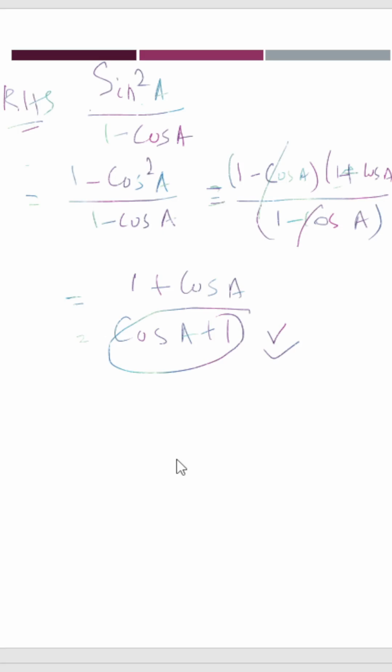So it means that we have got the answer that (1 plus sec A) by sec A equals sine square A by 1 minus cos A. So this is the answer. Whenever this kind of question comes, just solve it. If you don't get the exact answer on the RHS side, then